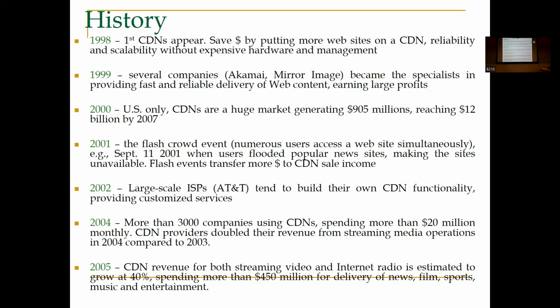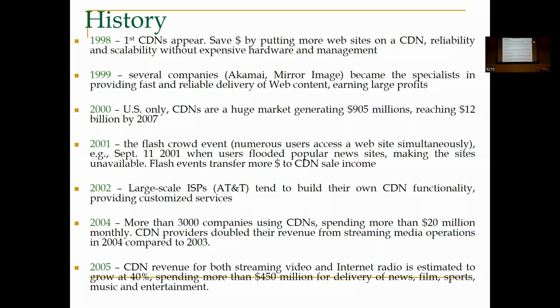This is how the entire thing started, and why we realized the need for CDN. It started in the year 1998. It's a very short history, just to understand the meaning. In 1998, the concept of CDN was realized when we were moving towards using computers. By that time the internet had already taken place, people were using the internet, and companies were moving to use the internet for business. It was realized that fast-hitting customers were not getting services properly. In order to solve the problem, CDN was proposed.